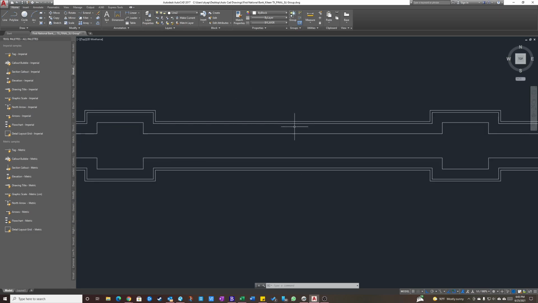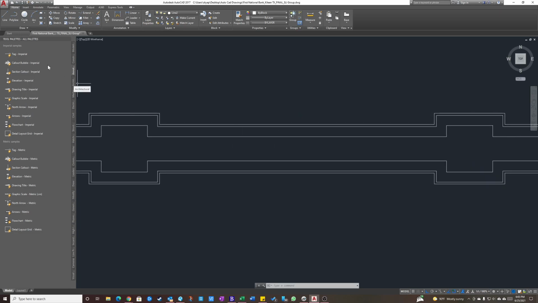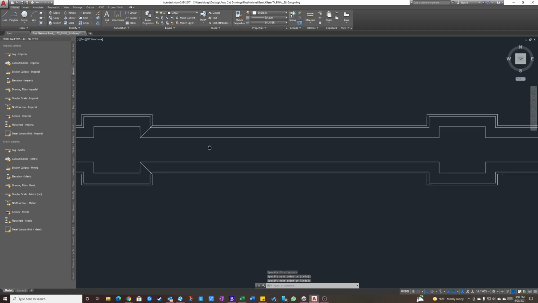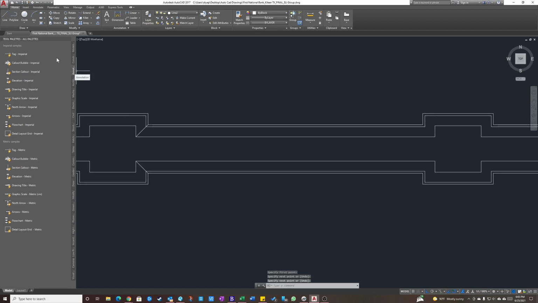To give you an example of that, let's go ahead and do this. This is an inside corner. This would also be an inside corner. So let's say,